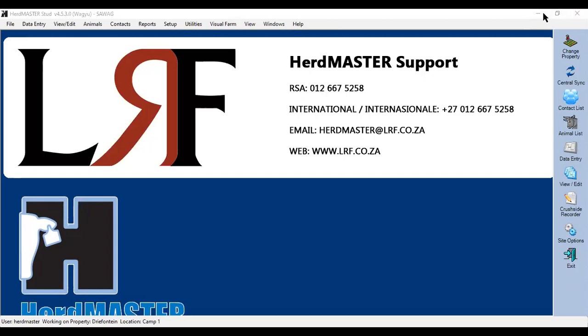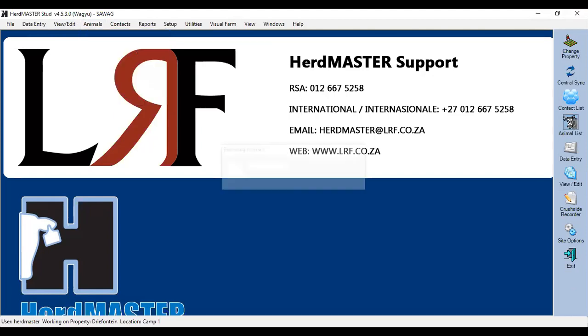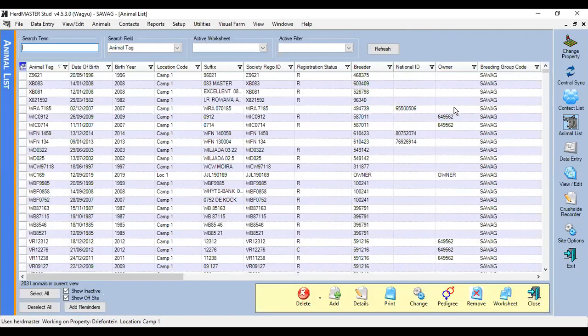But you can access your animal list from the top menu, where it says animal list, or on your right-hand side, it also says animal list. So this is your basic animal list screen. You will see toward your left is a blue block. If you tick that blue block,